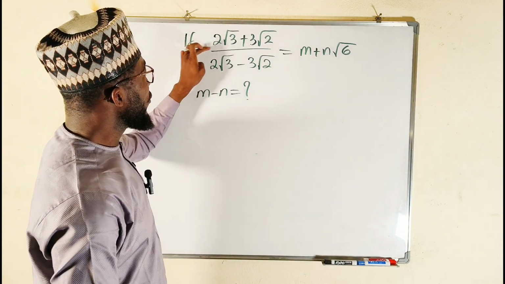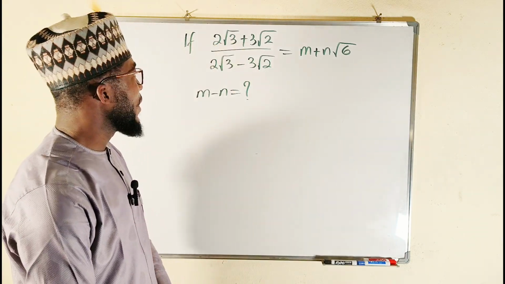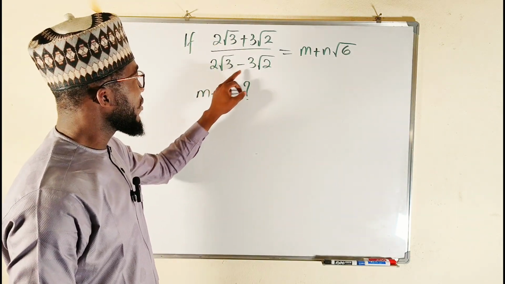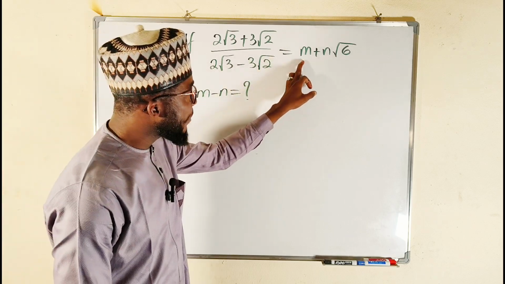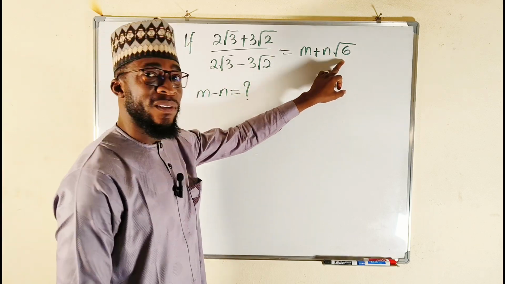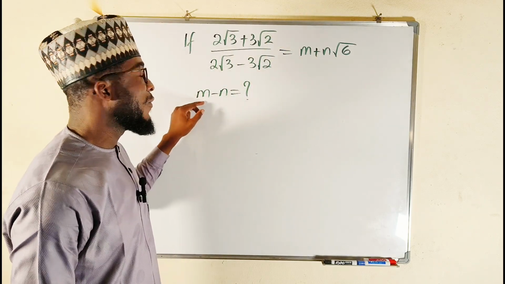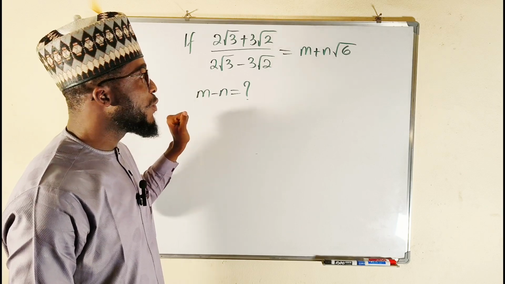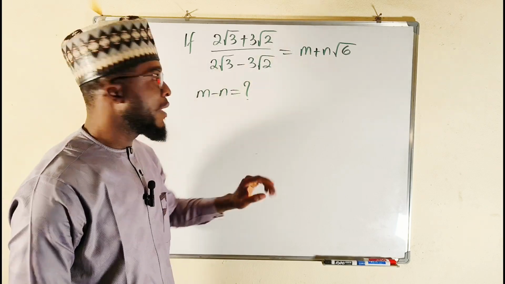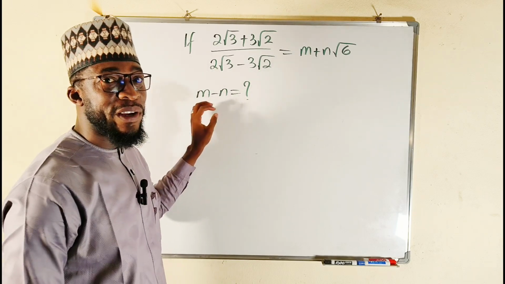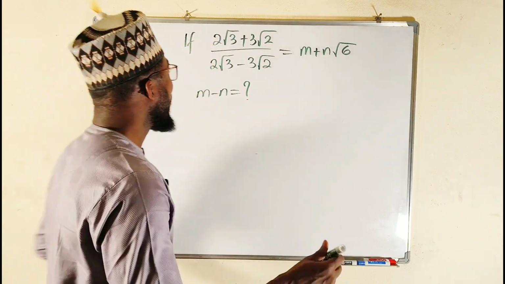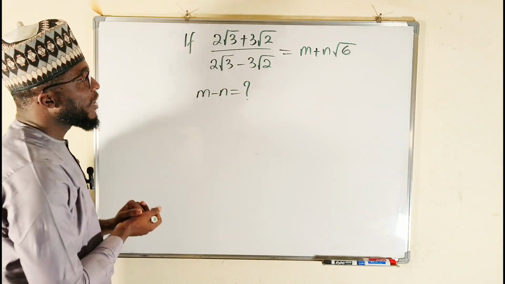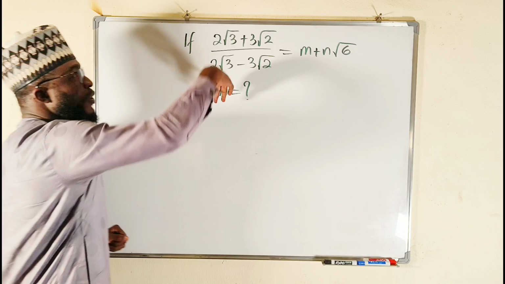We are given that (2√3 + 3√2) divided by (2√3 − 3√2) is equal to m + n√6. What is the actual value of m − n? Which means we have to find m and n before we plug them in here to find the value of m − n. So what we are going to do here is rationalize the denominator by multiplying the top